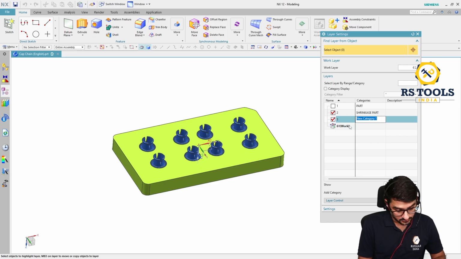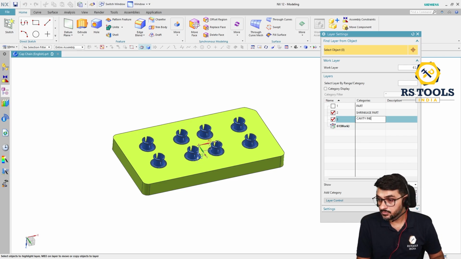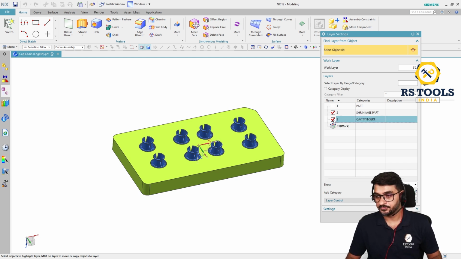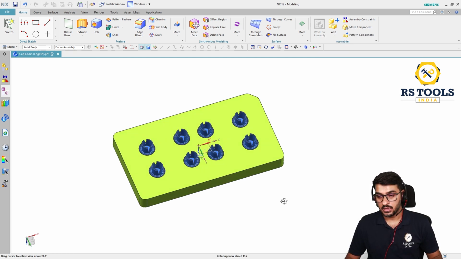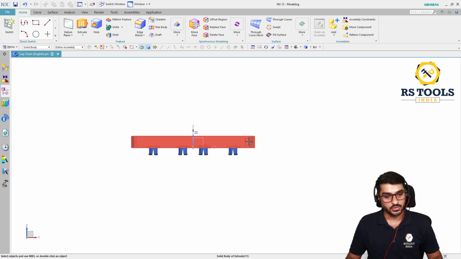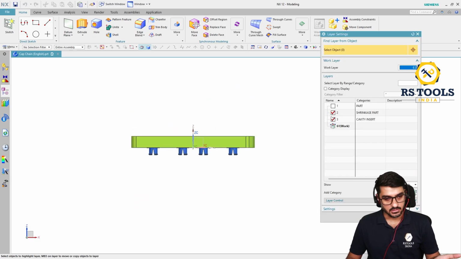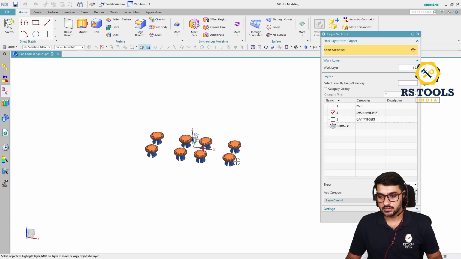This is the cavity insert. Now by using this cavity insert, we'll go for the core insert also. Or you can use the same method. You can use the same method. So hiding this again,